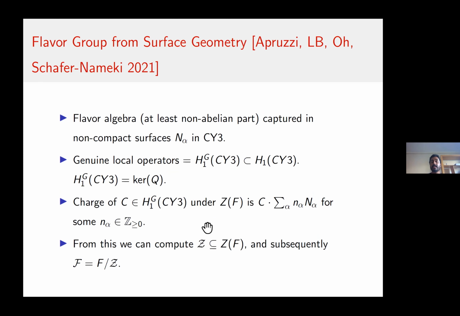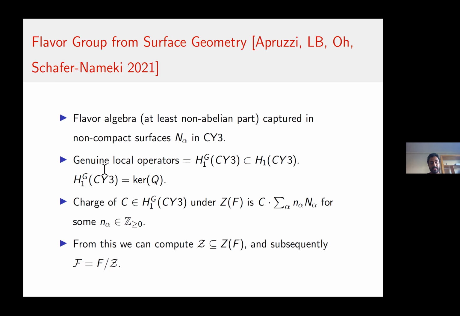Okay. This can again be done from surface geometry, and it's done as follows. So the flavor algebra, at least the non-abelian part of it, can be captured in some non-compact surfaces S_alpha inside the Calabi-Yau threefold. Now we have this theory on the extended